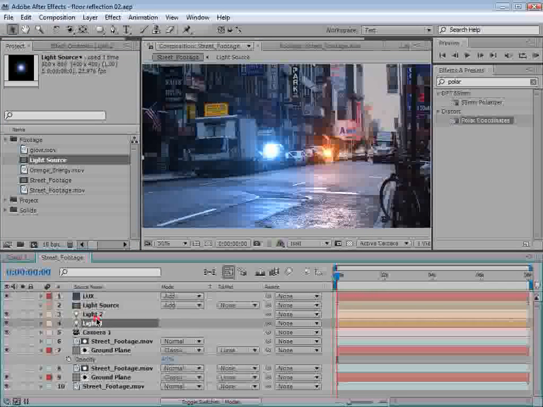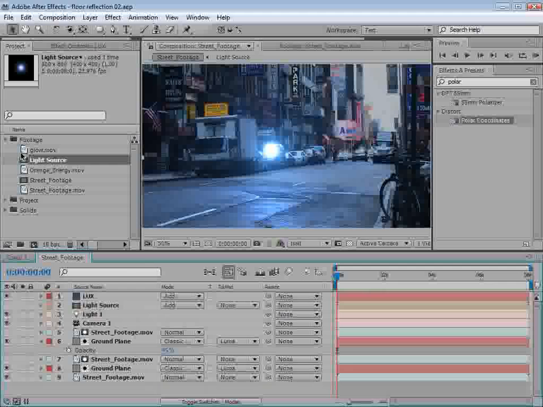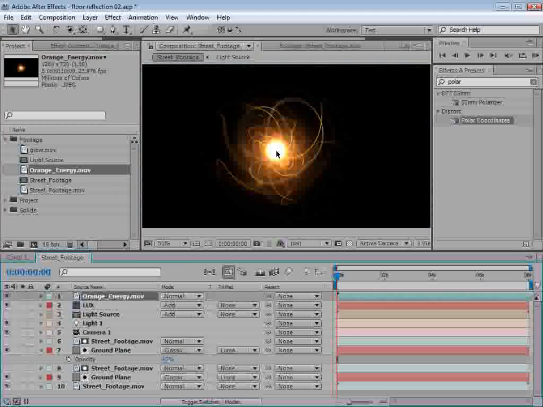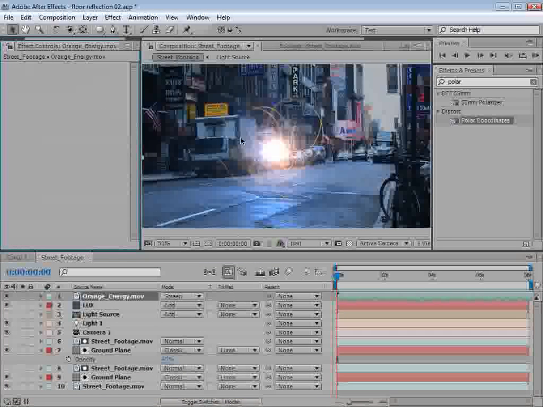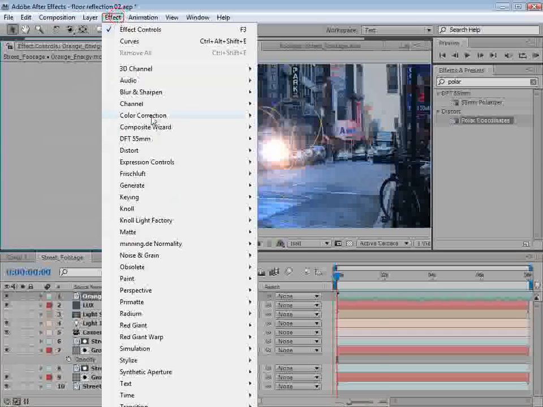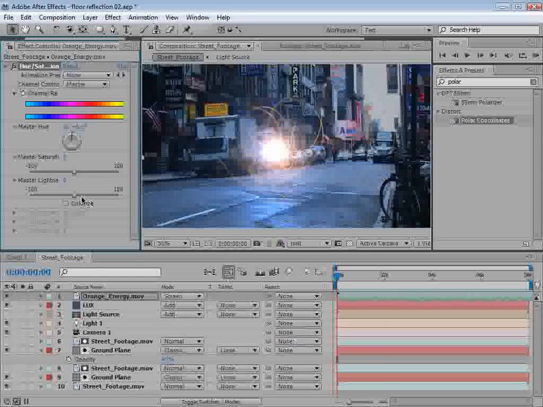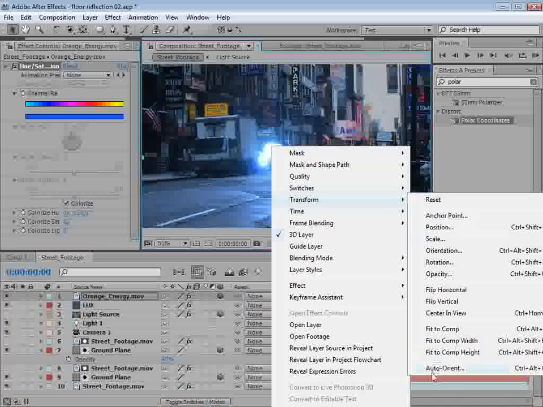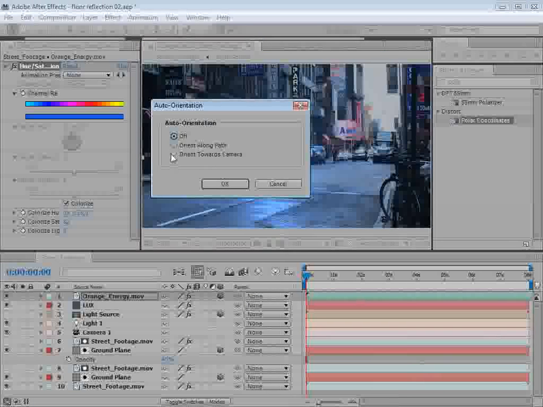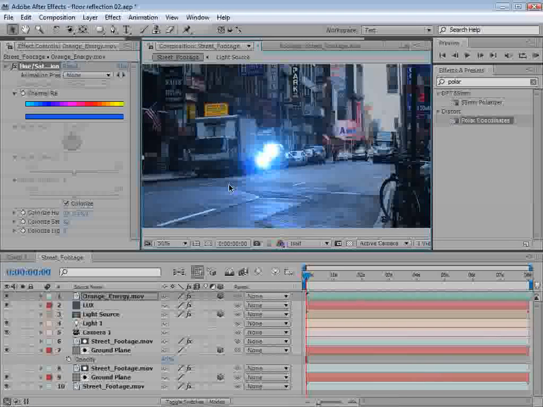So for now, I'm going to shut that second light off. And then we're going to take our orange energy ball and bring it out. And then we're going to change the mode to screen. Now we want to change the orange to a bluish color. So we'll add a hue and saturation effect, turn on the colorize, turn up the saturation, and adjust this until it's bluish. Now we want to make it a 3D layer, so we'll turn on the switch, then we'll right click and we'll choose Transform, Auto Orient, and then we're going to change Orient towards Camera, hit OK, and then